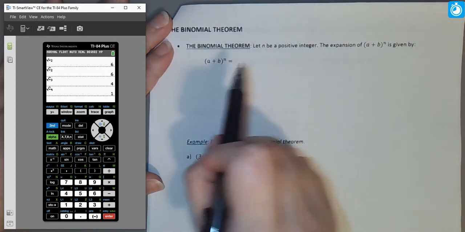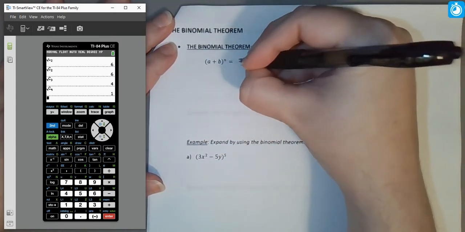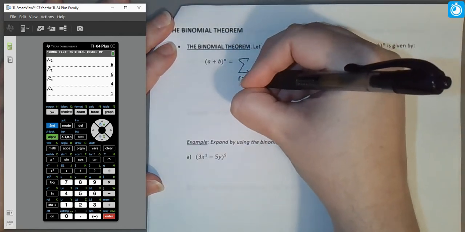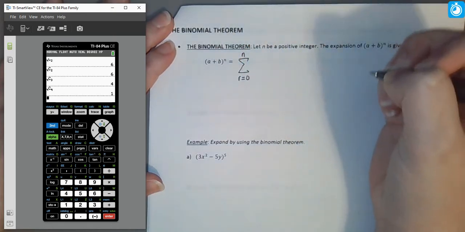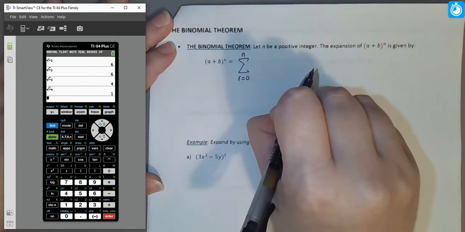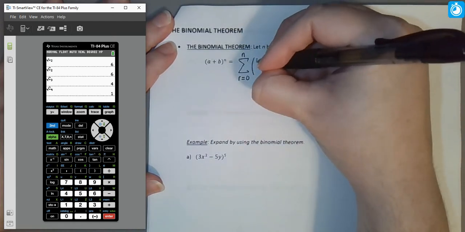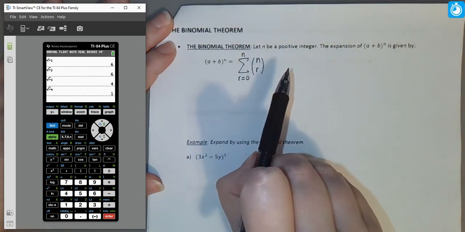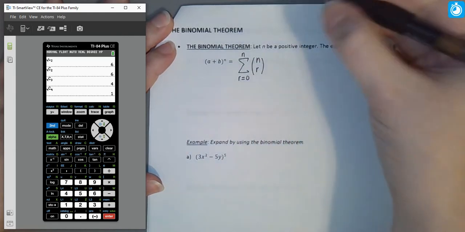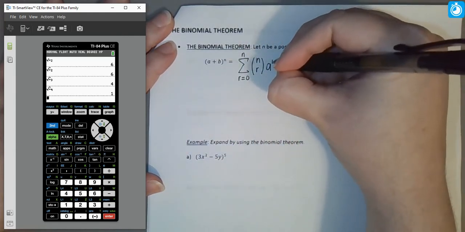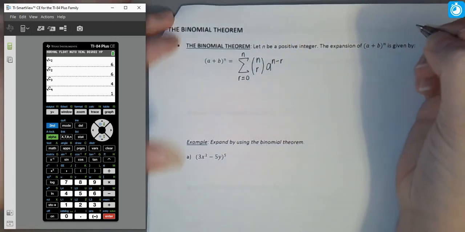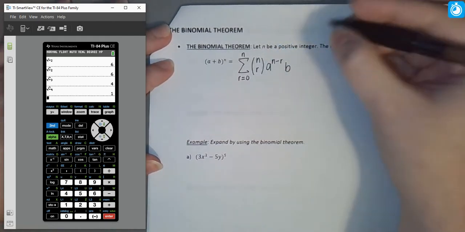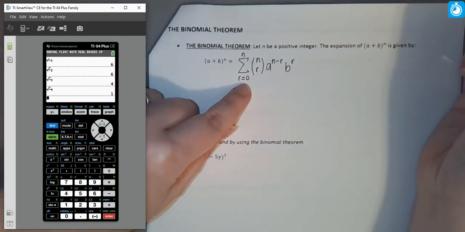So the general sort of concise way of writing this is going to be the sum, since we're summing up terms, the sum from r equals 0 all the way to r equals n of the following. So what we'll need first is our n choose r, what we called a binomial coefficient, and that will be followed by a power of a and a power of b. So a per term is going to have the power of n minus r, whatever that happens to be for the specific value of r, and b will have the power of just r, as r increases from 0 up